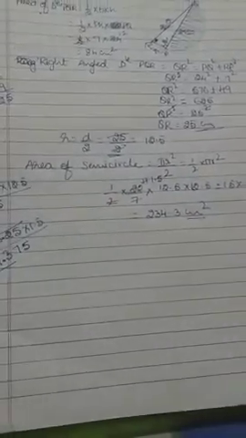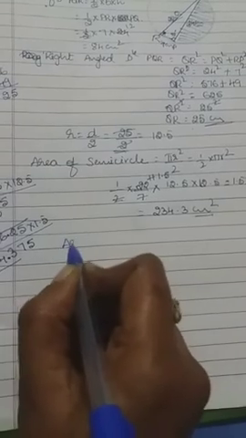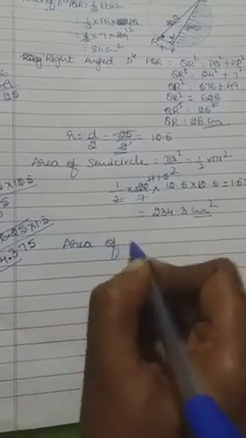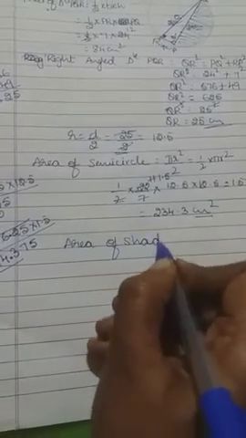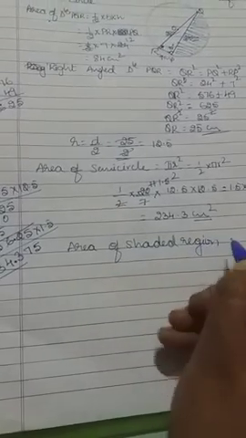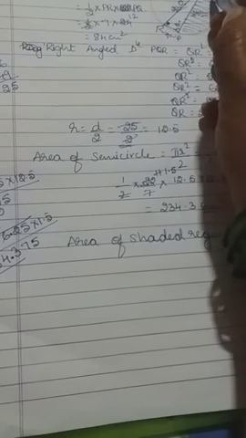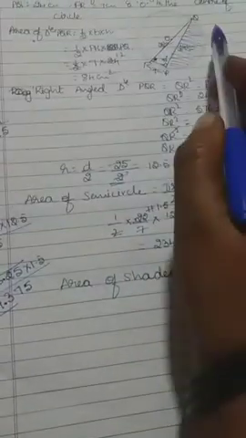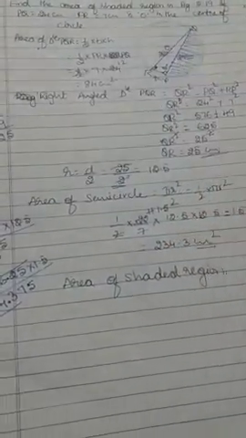Okay, so now we have to find out the area of the shaded region. Students, you can find this area of the shaded region. It is in a whole semicircle. First we have to take the area of the semicircle minus this triangle. So if we do that, we can get this part. Area of semicircle minus area of triangle, we can get this. So this is very important. How we can solve, that is very important.